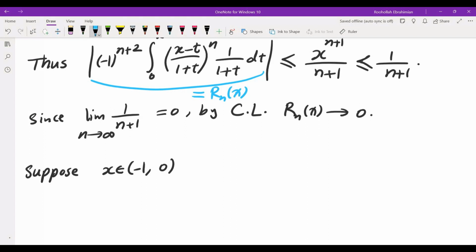Okay, so let me draw a diagram for this one. The fraction that we are dealing with is, so x is somewhere here. It is excluding negative 1, and t is somewhere here. The fraction is x minus t divided by 1 plus t. This is 1 plus t. So it's a ratio of these two numbers. If I look at the ratio of these two numbers, it's a fraction that is less than 1,